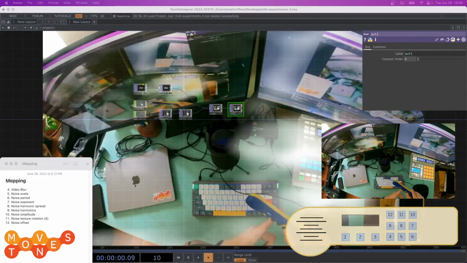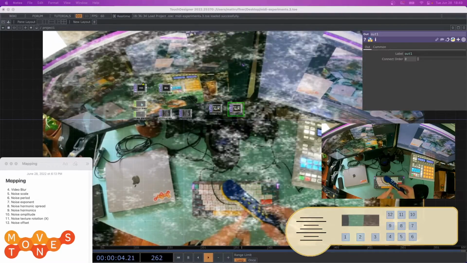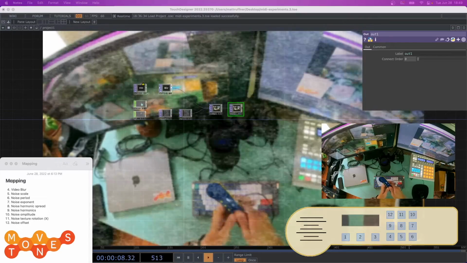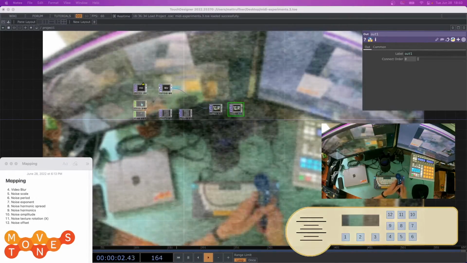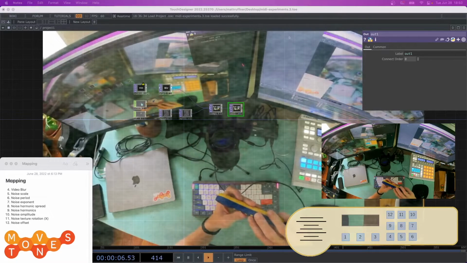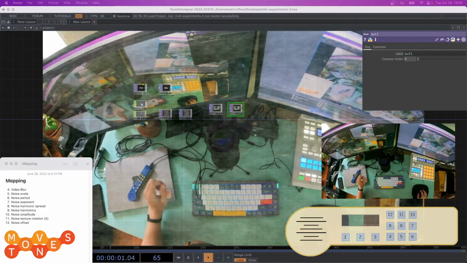Whoa. We can hold down a lot of these too at once. That's dangerous. But yeah, so this has been a little bit of a demo on what the Gravitone can do with